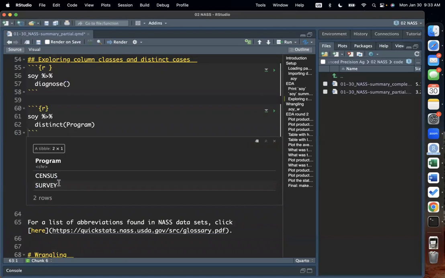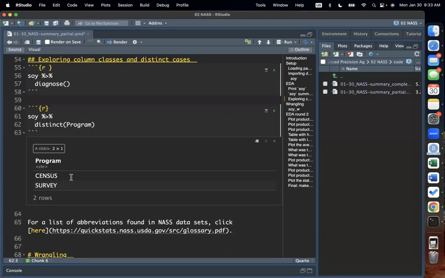And this was a question I think Arminder had the last time when we were creating the selections on QuickStats, whether we should select program. We did not make a selection there because I wanted you to come across this issue, but we could have selected either survey or census at that point. Okay, so what I want to know now is, we have census and survey, and the thing is, for a given, so we have a lot,